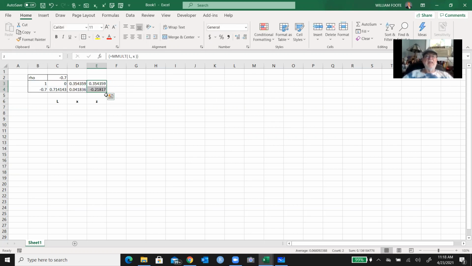And it's done. Now notice the first one is going to be the same because it's 1 times 0.35 plus 0 times 0.04. So Z1, the first one, is always going to be the same as X1. But Z2, notice coming up negative, that's positive, that's negative, will be minus 0.7 times 0.35 plus 0.71 times 0.04. And you get a negative